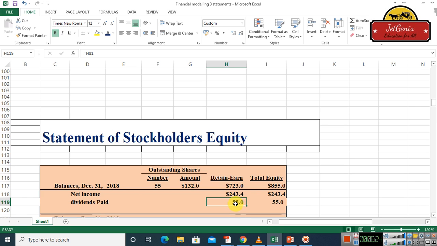But you know, in accounting, when we subtract any figure, we have to make it under parentheses. Because I have selected from the income statement and entered the cell address here, I cannot put the parentheses here. But if you want to make it according to the accounting rules, then you are going to type it like this,